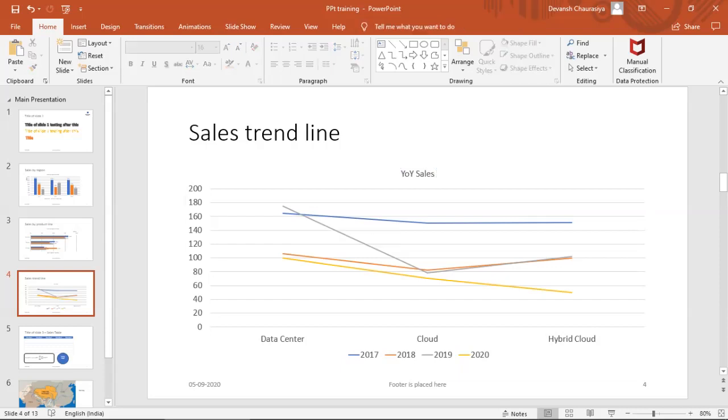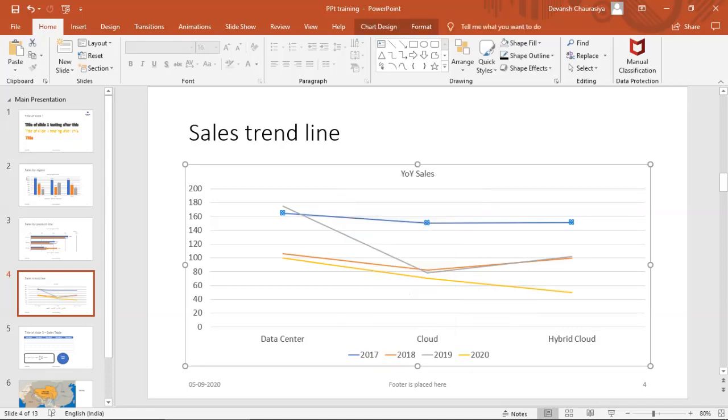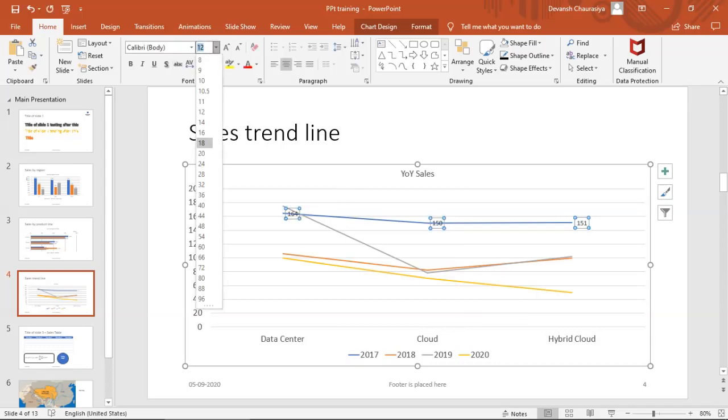Okay, so how do I read it? In 2017, this is the 2017 data. Let me add the data label over here. Add data label. $164 million.